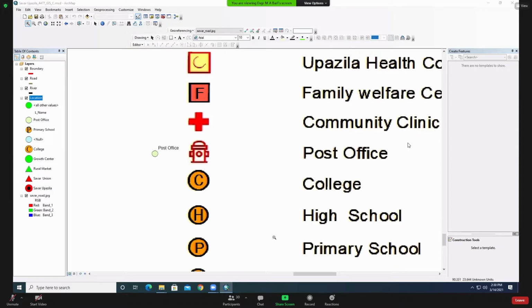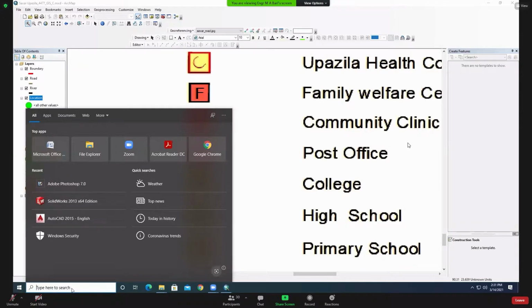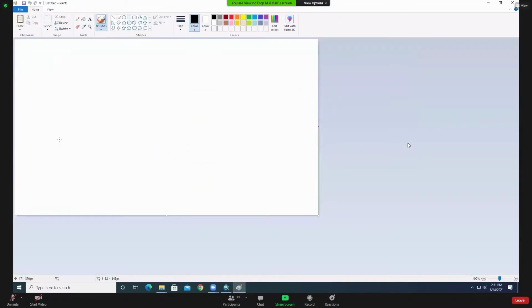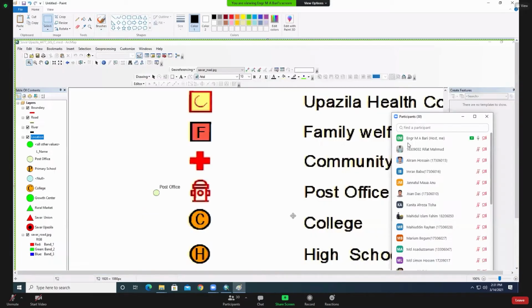So I just print the screen from the keyboard. Look at your computer. There is a print screen option. See, click this print screen. Then I have already printed it. So now, Paint, P-A-I-N-T, Paint. This is Paint. I just click here and open Paint and click paste. Now the total print screen is in JPG format.